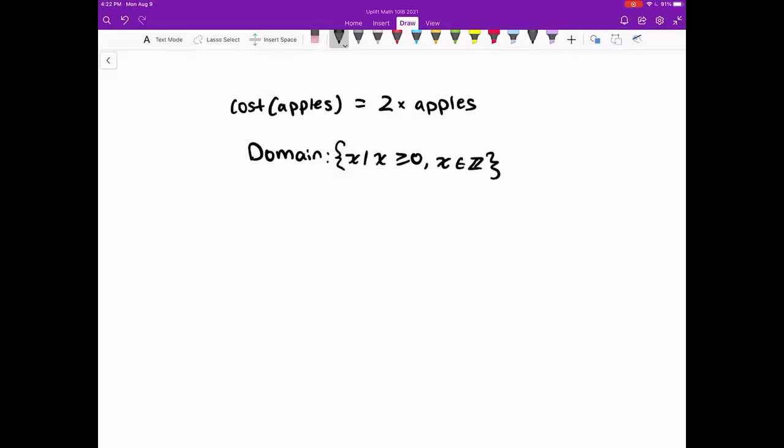Not the reals, the integers. We could also just write whole numbers. We can't have part of an apple, so it has to be either a whole apple or no apple. So for the range,